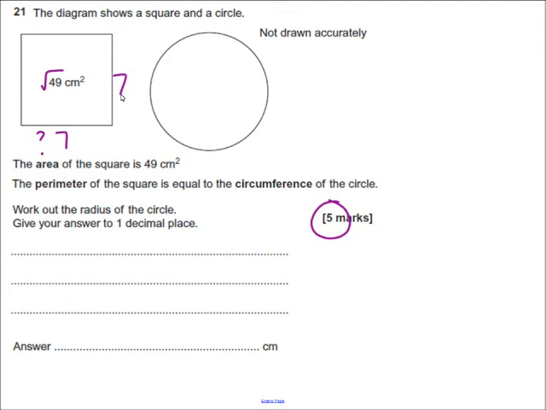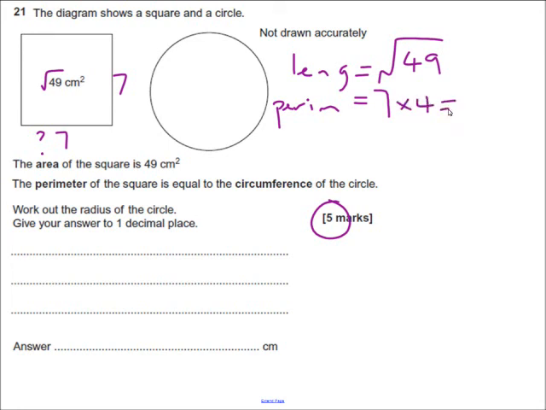So the first part is the length of the square is the square root of 49, which is 7. Now, to work out the perimeter of the square, it's 7 times 4 because each side is 7 centimetres. So that's 28